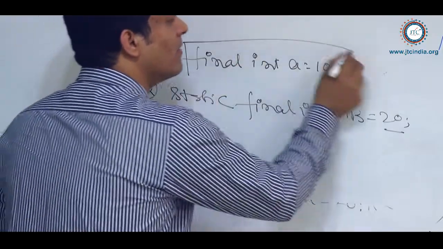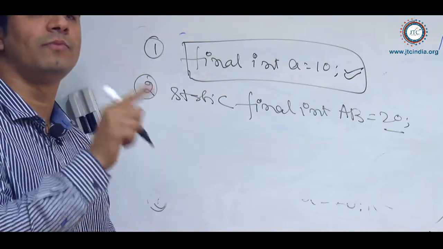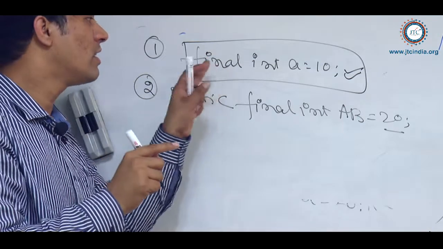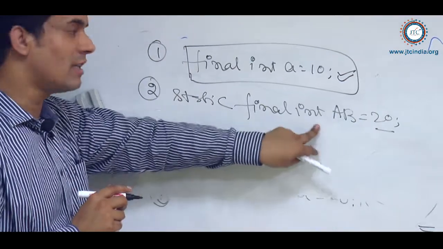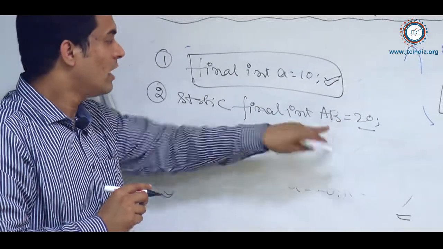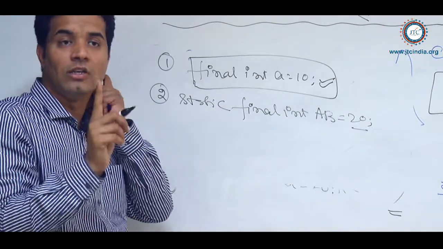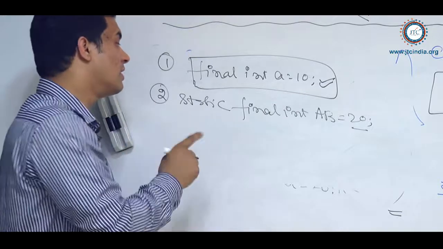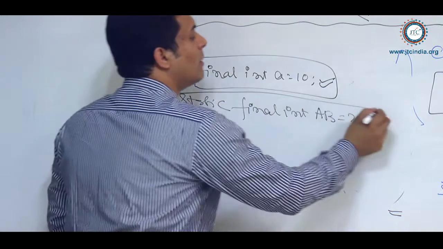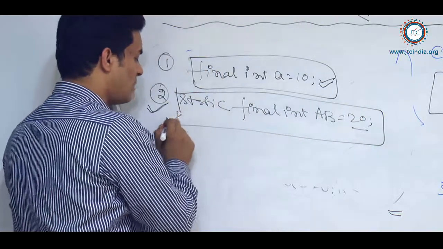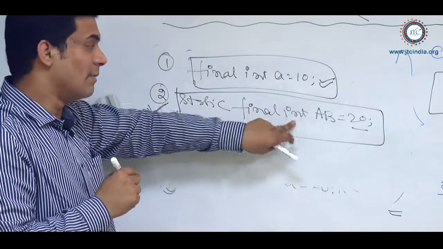And for this, memory will be allocated as many times as you are creating the object, and that too when you are declaring it directly inside the class. Whereas ab is a static final variable. For this, memory will be allocated only once, when your class is being loaded. Again and again memory will not be allocated for variable ab.